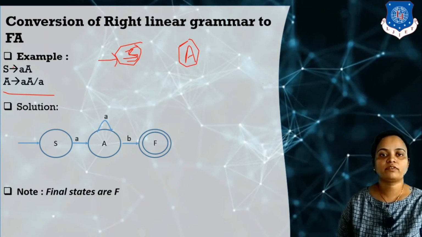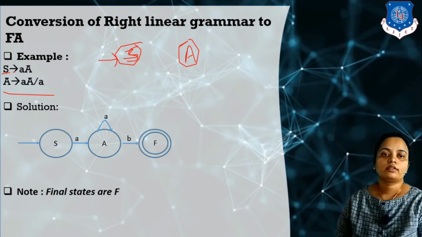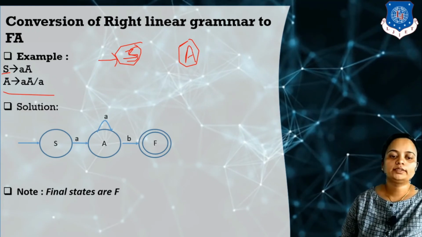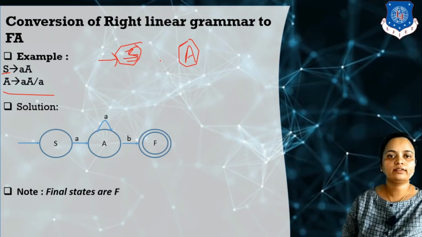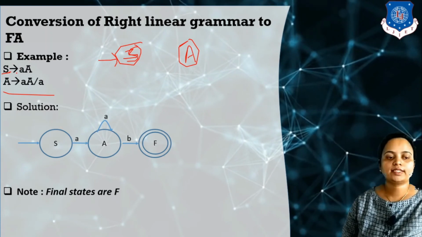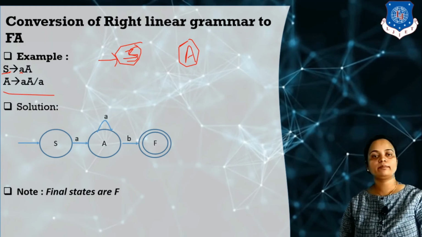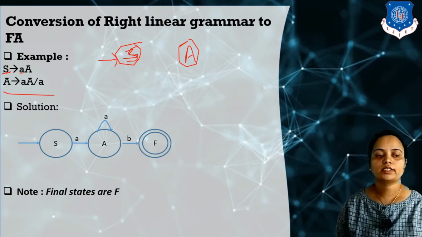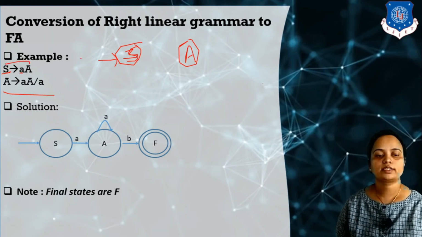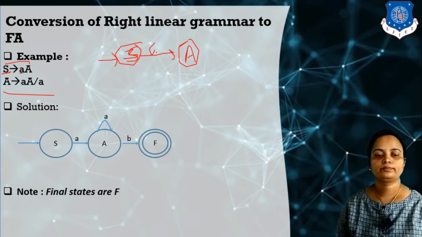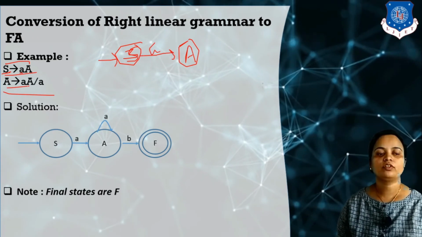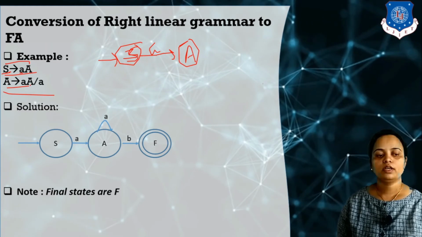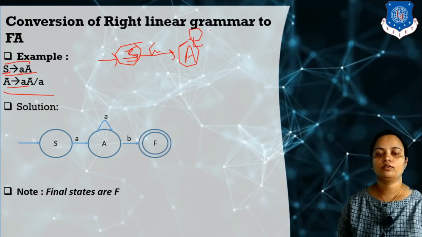Okay, always remember here, the first production contains the left hand side non-terminal as the start symbol. So S derives aS. Now use the productions and create the finite automata. So here you can see S state, input small a, okay, always remember the small terminals are considered as input for the finite automata. So from state S, on input a, it moves to the S state. So we have to write down this transition like this. Okay, it is completed. Now move on to the A productions. So from state S, on giving input small a, it moves to state A. So it means it contains a small self loop.